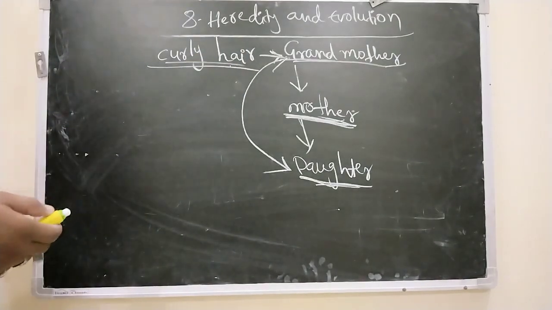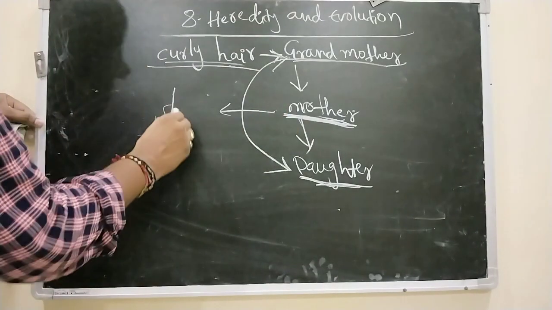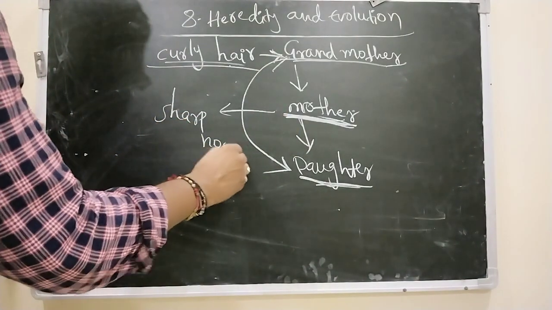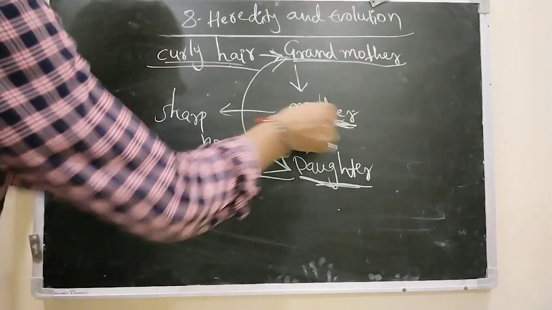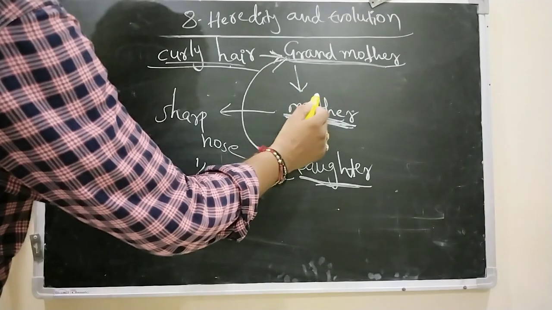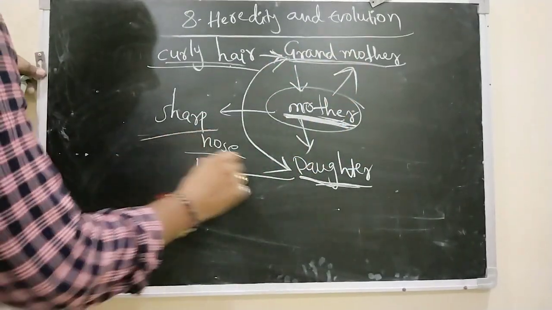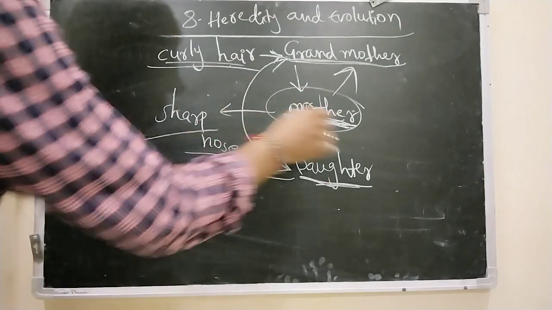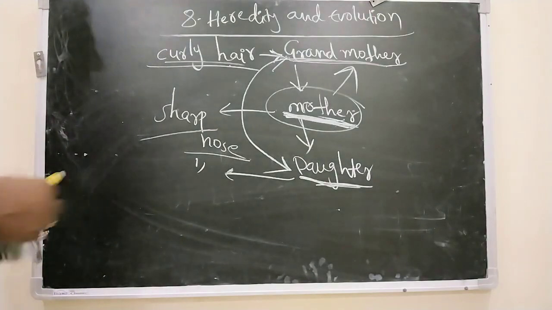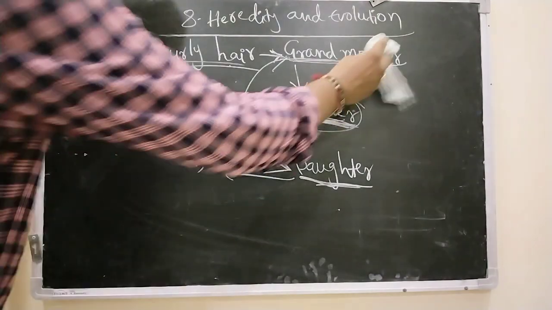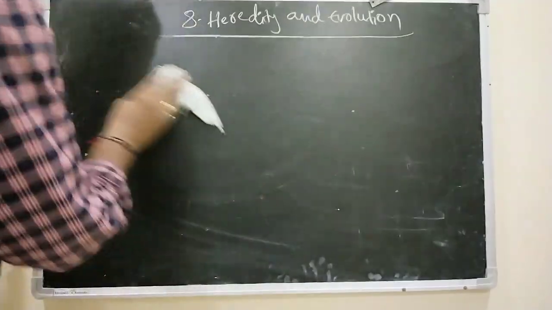Okay, a character is there in our mother, maybe a sharp nose, so that the daughter also will get the sharp nose. But the sharp nose is not there either in her mother or father, either in grandmother or grandfather. The sharp nose character is not there, and this character came to the mother. How is it possible? How did our mother get this character? So many biologists came forward to explain how the characters are passed from one generation to another generation, and many